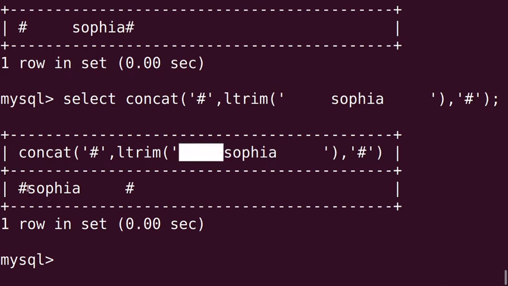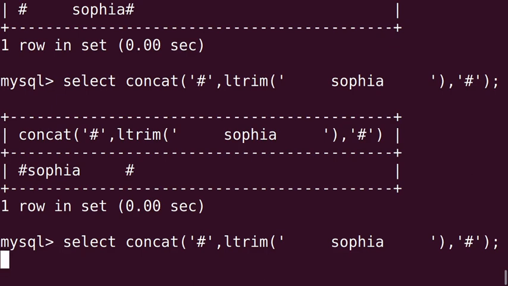So see here, before Sophia no extra space is there, just before that you are getting hash, as we are concatenating this hash sign with Sophia, right? So with the help of concat it is very easy to visualize.